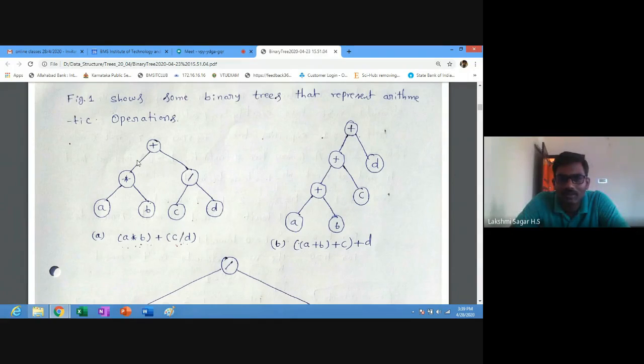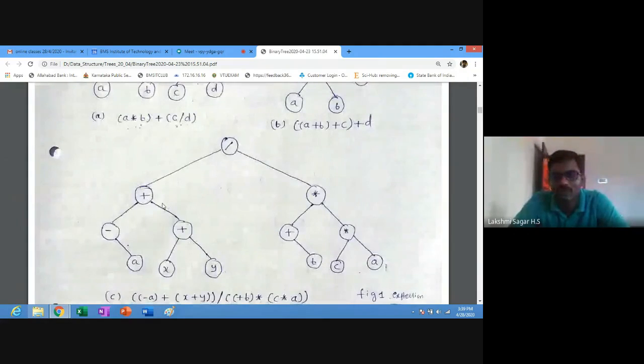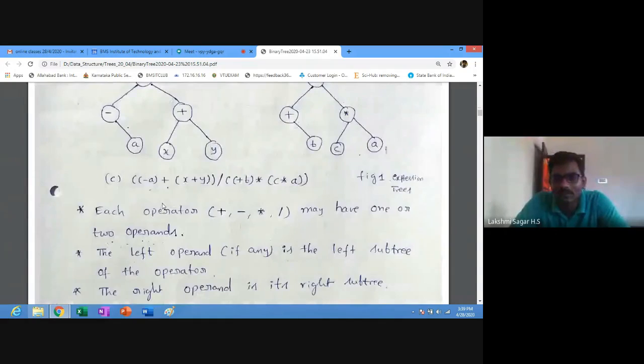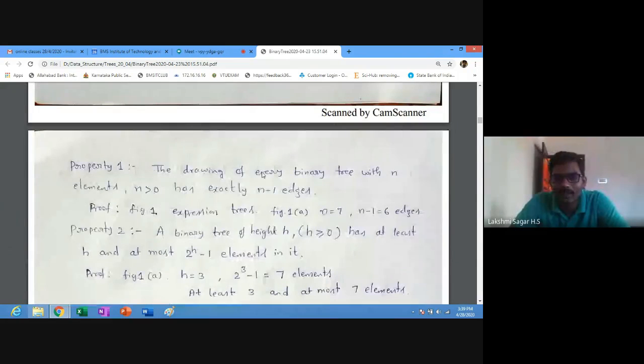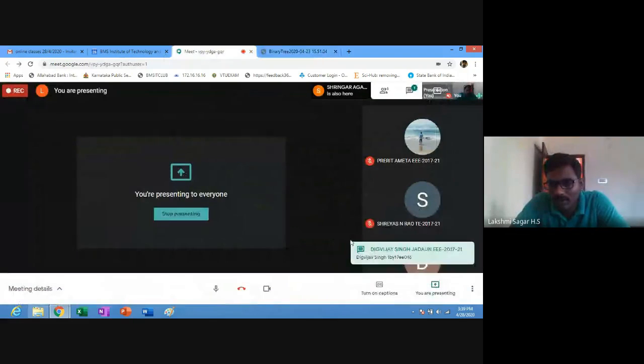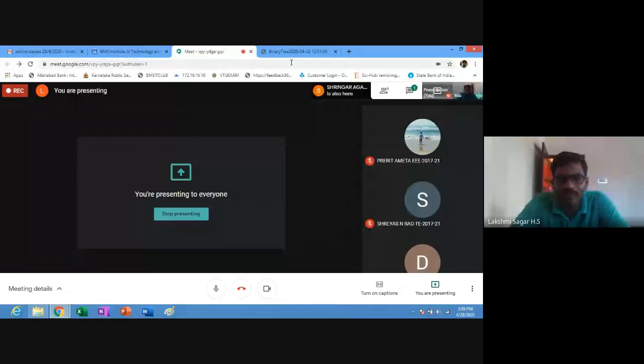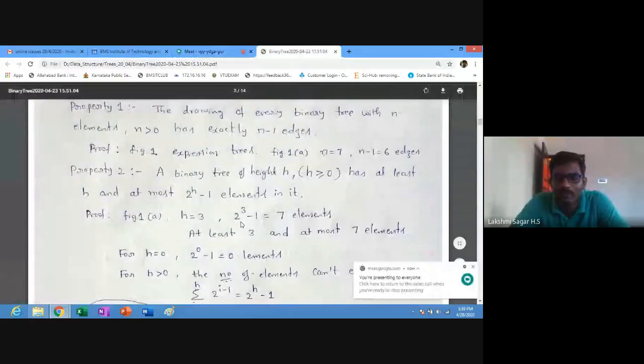How many edges are there here? 1, 2, 3, 4, 5, 6. 6 edges are there. So exactly n minus 1 edges should be there for n elements, and n should always be greater than 0. This is property 1.